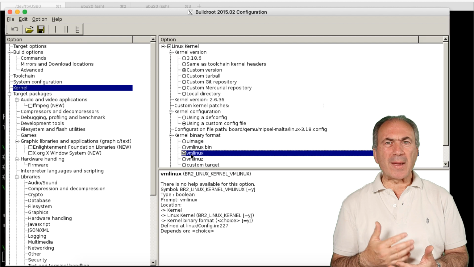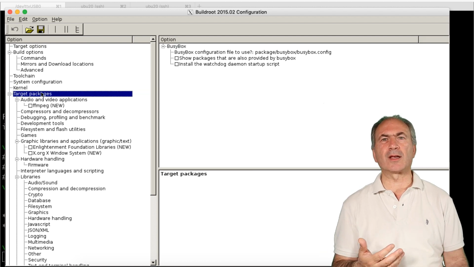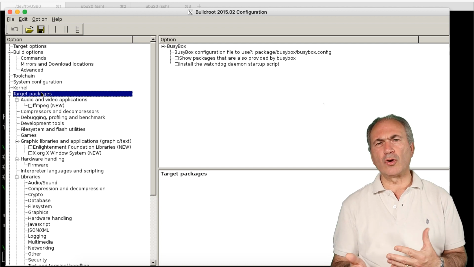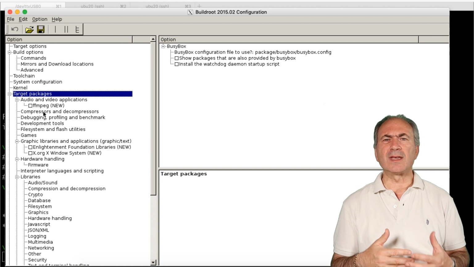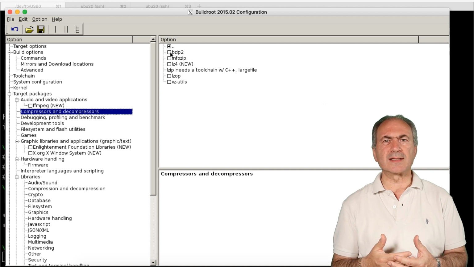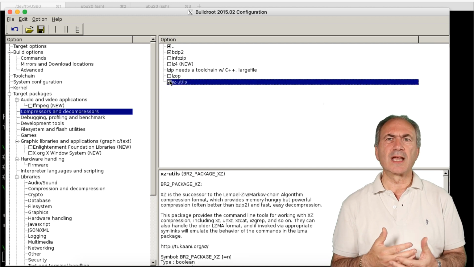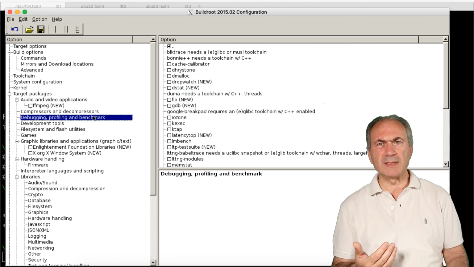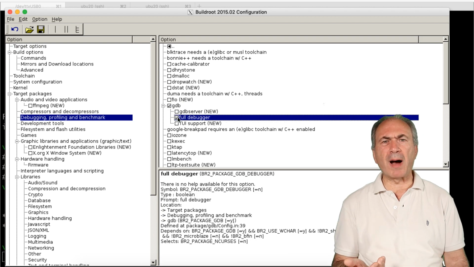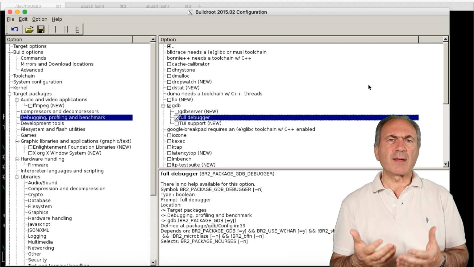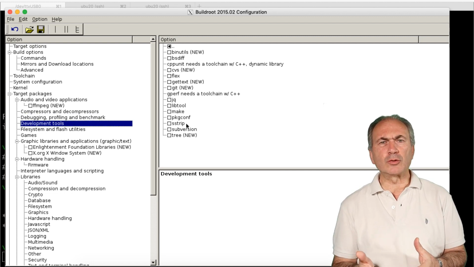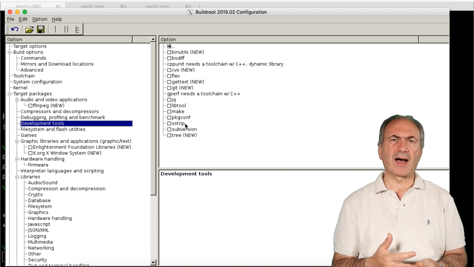The target packages options are a very huge list of packages and libraries that we want in our target root file system. We will not go into much detail here. Anyway, we have to select some compression tools that we need, such as bzip2 and xz-utils. We want bat, GDB and GDB server on the target device to help us in the reverse engineering job of the binaries we are interested in. For the same reason, we also want strace. We also want some development tools to simplify our job in the target device.